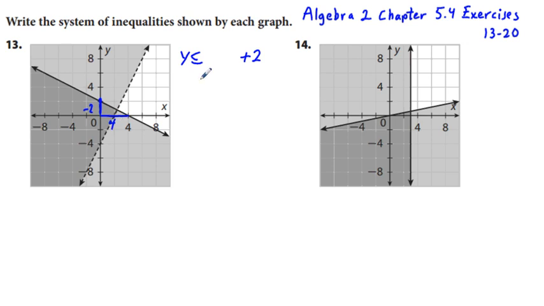So our slope is going to be -2 over 4, which reduces to -1/2. And so our inequality ends up being y is less than or equal to -1/2 x plus 2. And that's going to be this